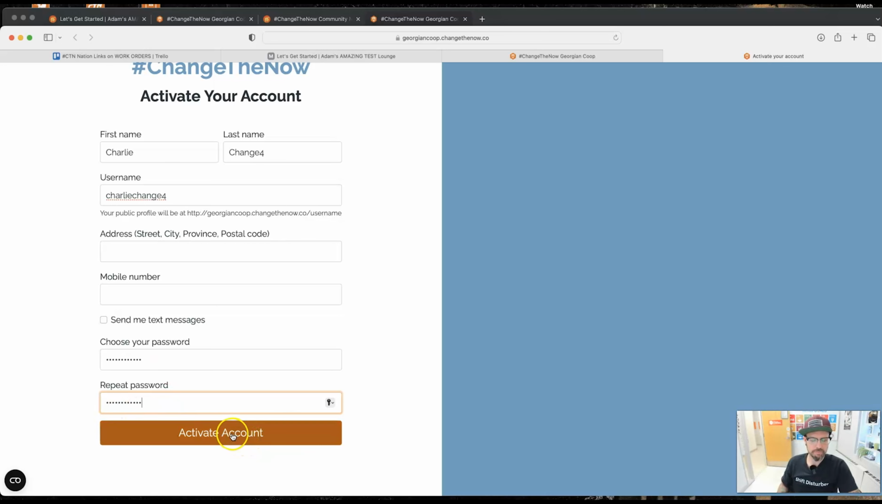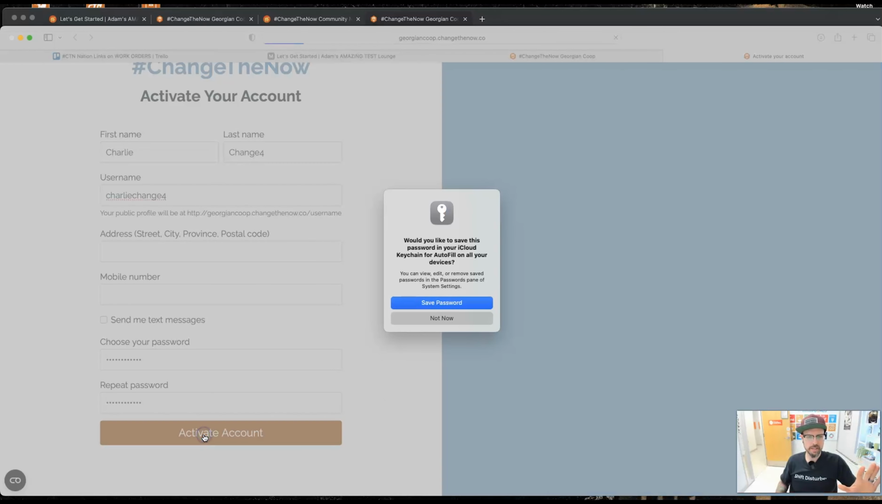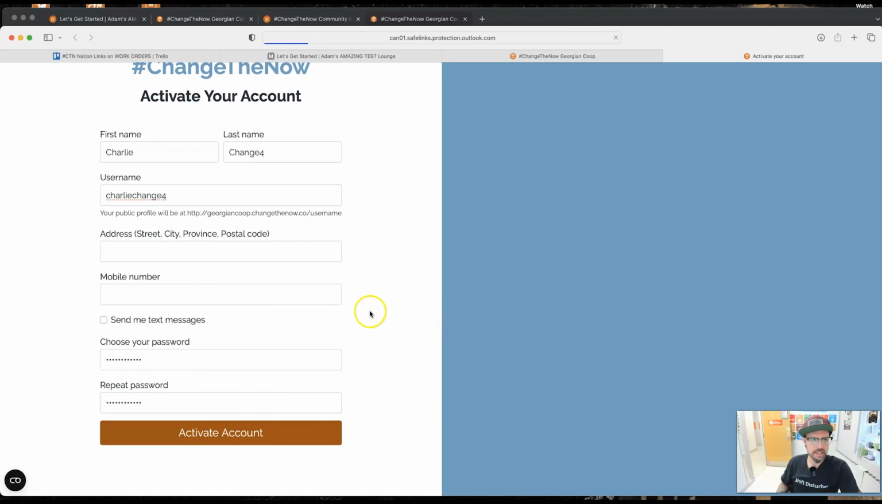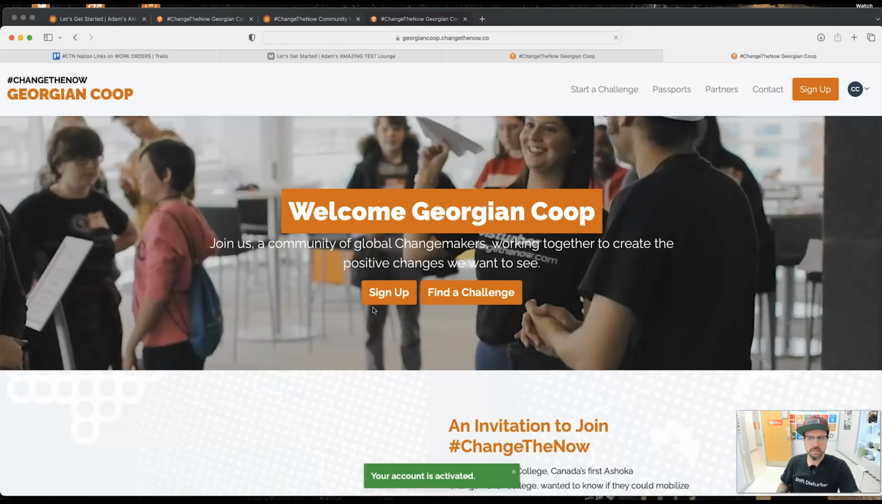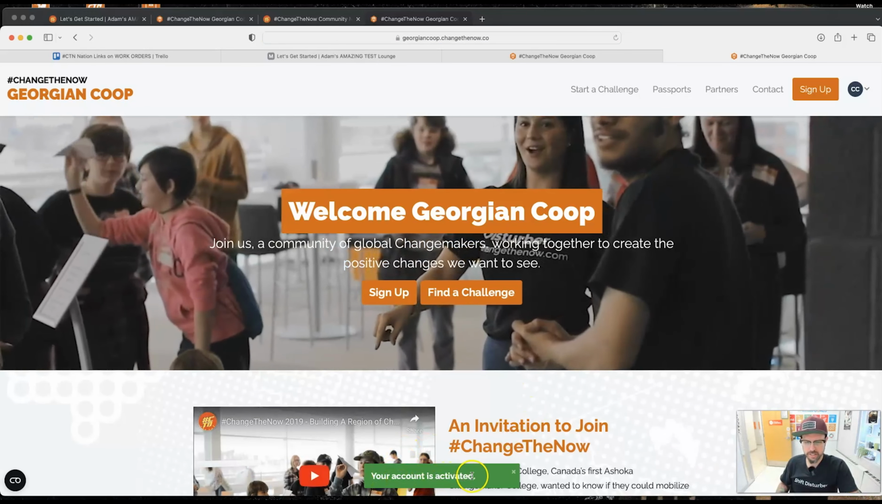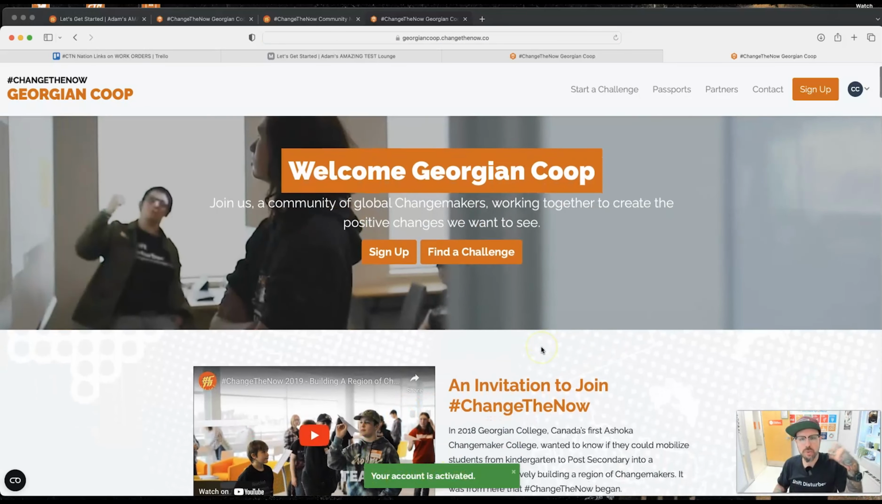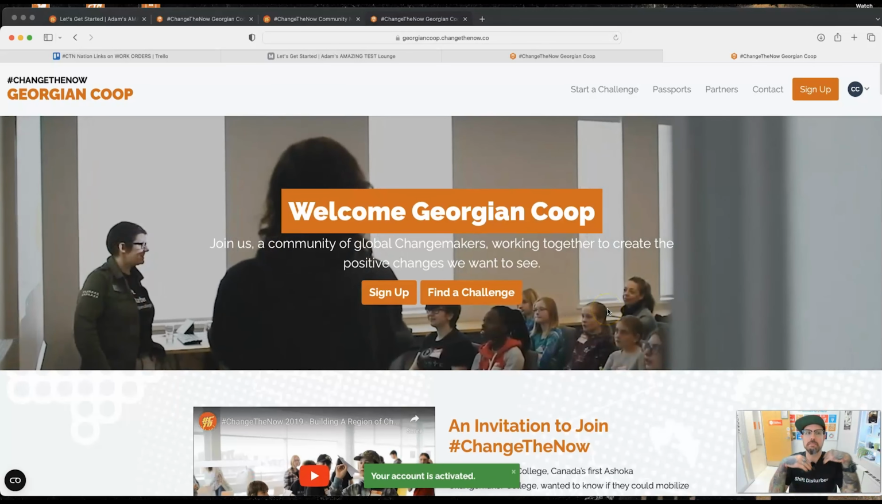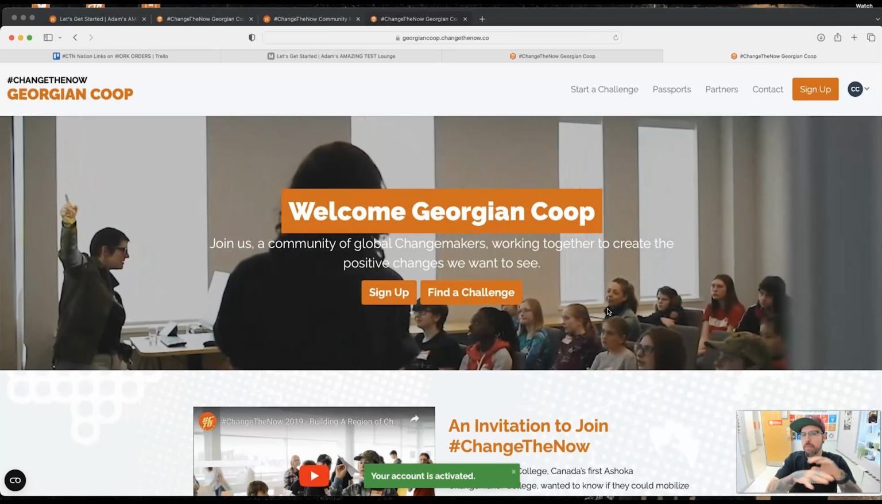Amazing. And then hopefully by clicking this giant orange button, we'll have activated our passport. So let's do this and see what we get. Let's not save that. And... your account is activated. All right, so where it's brought us is just the main Change the Now passport